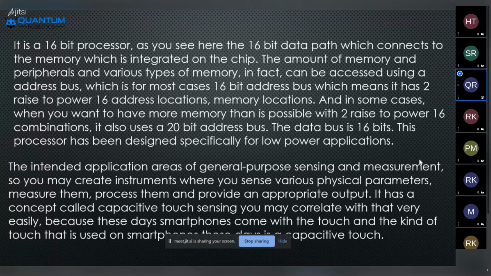As I said previously, the smartphones and smart devices are mainly using this particular MSP430 module, because it gives exact accuracy in a real-time environment.